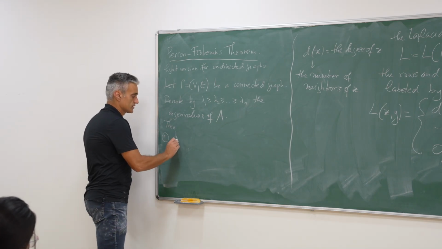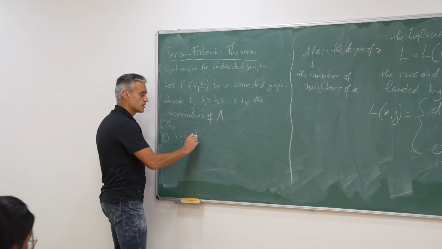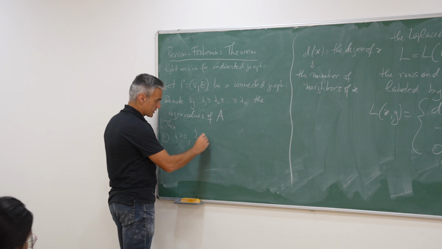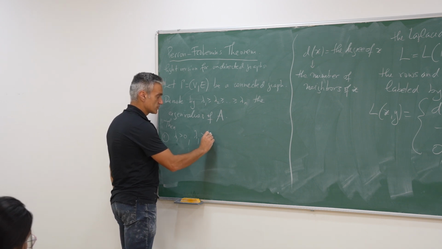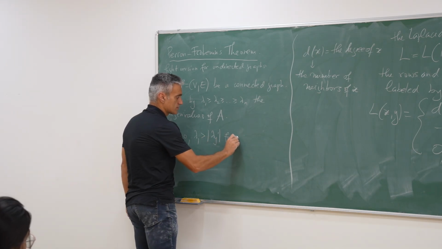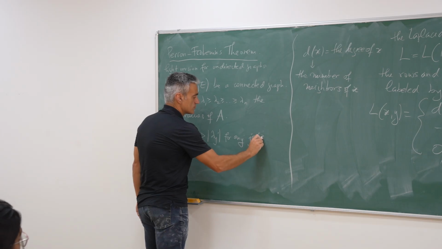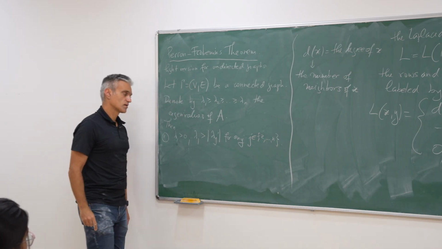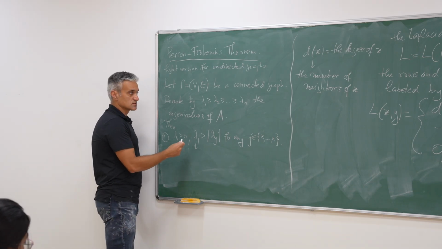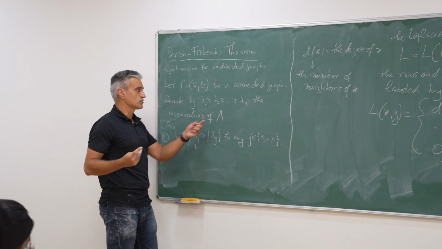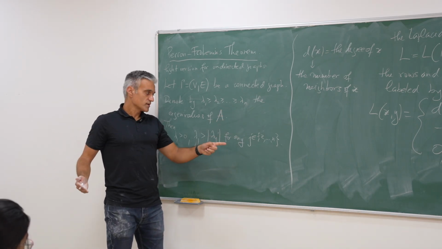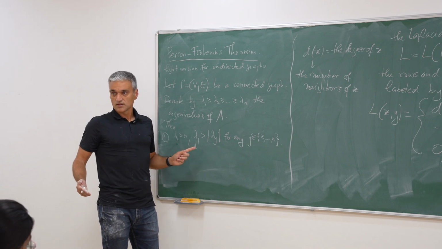This is a connected graph, so again we assume we have at least one edge and so on. Then λ1 is positive actually. λ1 is going to be strictly greater than the absolute value of λj for any j from 2 to n. So this λ1 is positive and it's the largest. You could say, well, maybe I get something negative, and that something negative is very negative. Well, it cannot be very negative because... what is it?